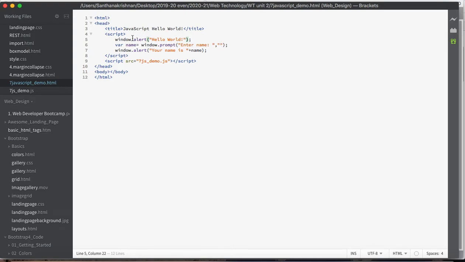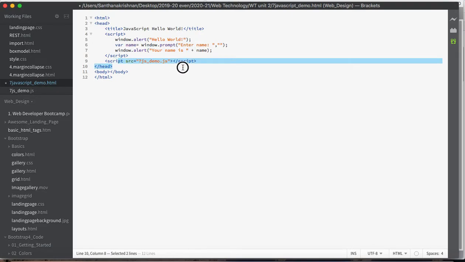The second string is what the user passes. Whatever the user passes will be termed as a string. That string is stored in this variable name and we are displaying it. In the alert, your name is, we have to concatenate the variable using the plus. So we need to depend on the plus operator to use the variable name.